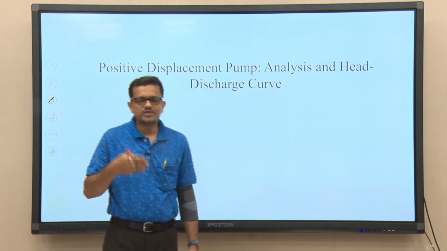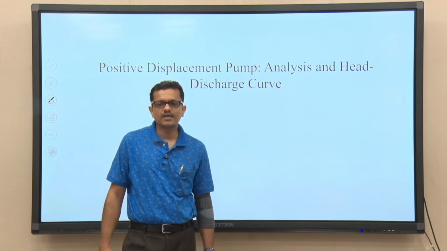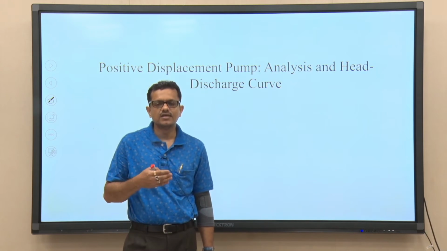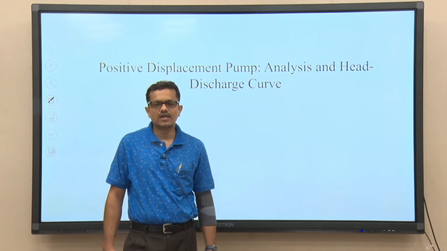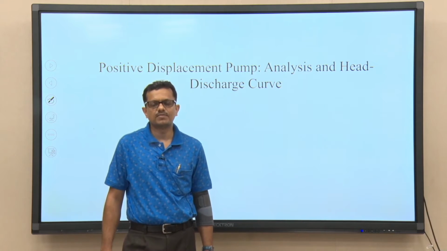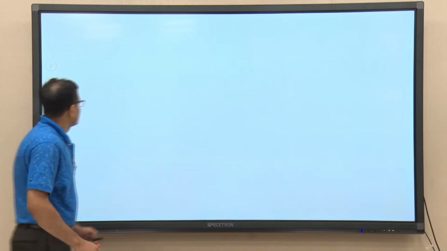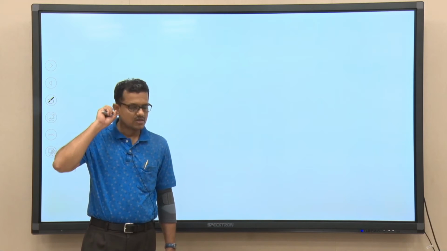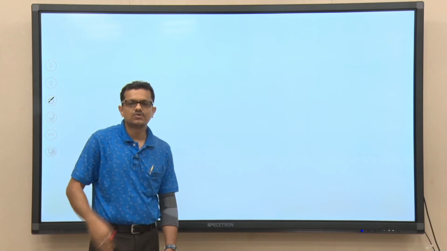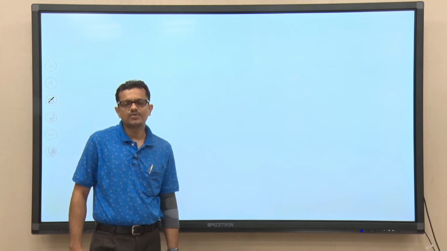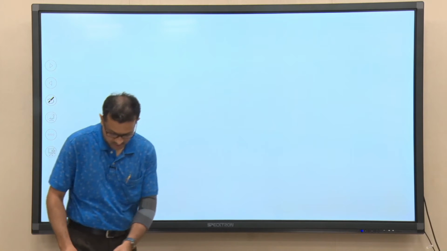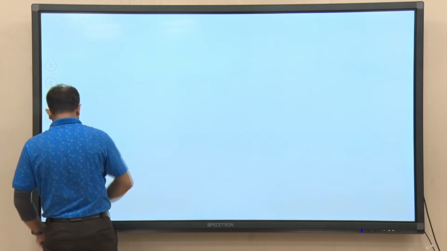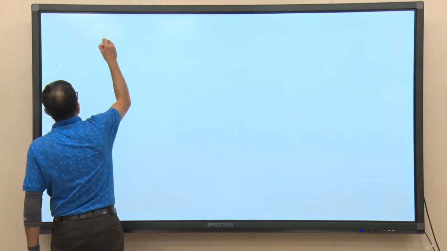with the objective of establishing the expression of total head that will be developed by the pump. So, now to do that, what we need to do is to draw the schematic depiction of the positive displacement pump. So, if we try to draw the schematic depiction of the positive displacement pump, so I am writing, so positive